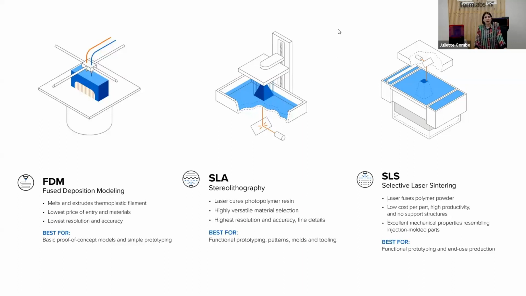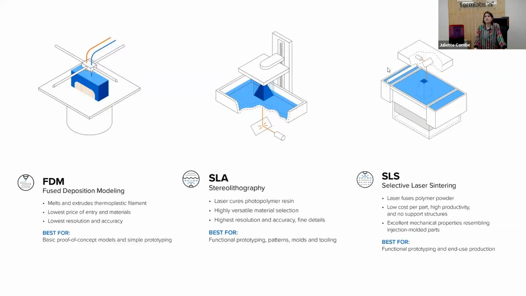So it's very popular for early proof of concept models and early prototypes and so on. Then you have all the resin-based technology. In particular, I'm looking into SLA printing, in which a laser cures photopolymer resin. This has very high resolution and accuracy capabilities, so it's great for more functional prototypes, more beautiful parts and patterns